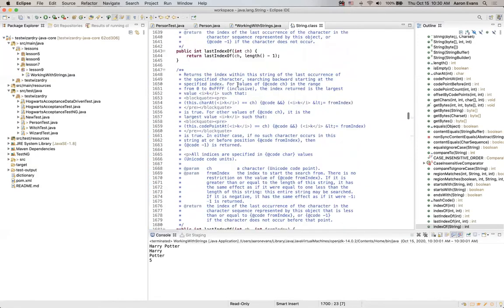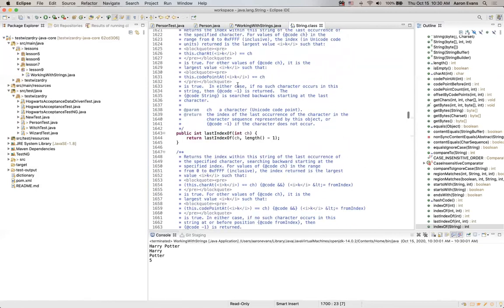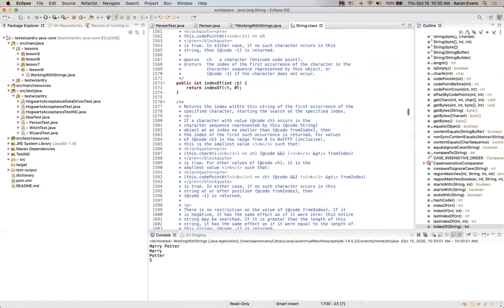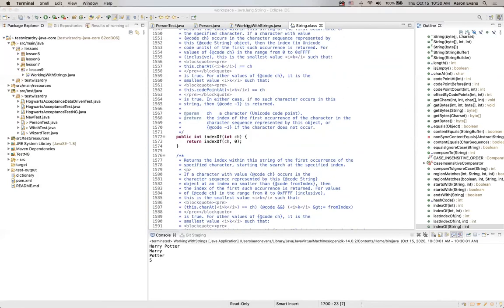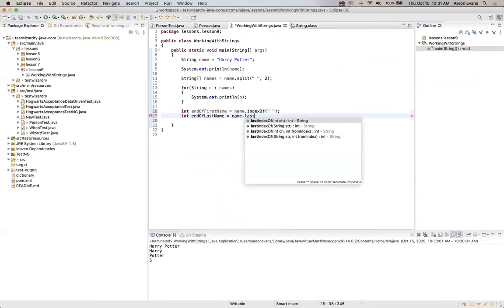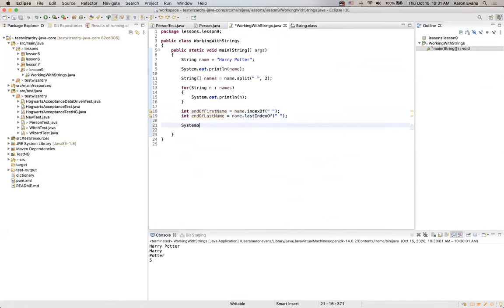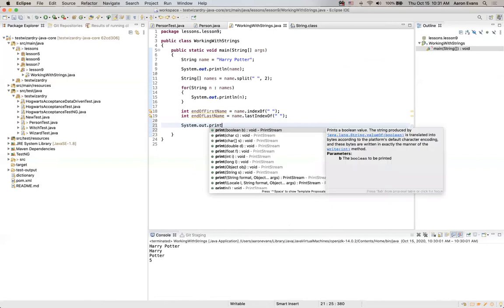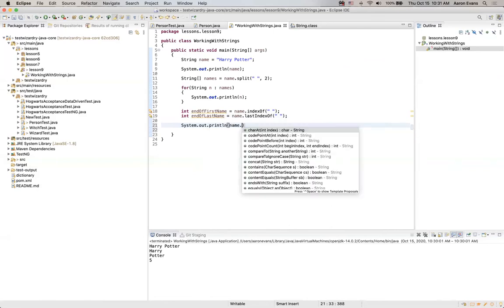We also have last index of. And we could do that for the other one. And then we can system out print line name